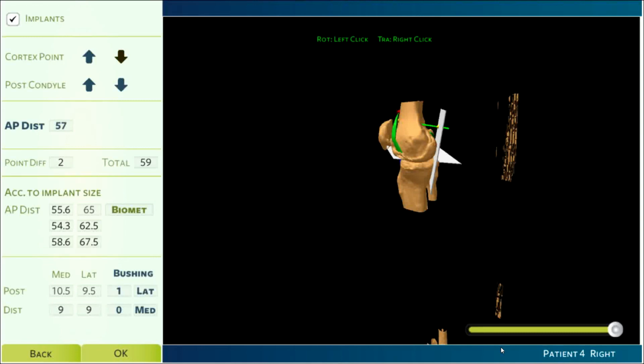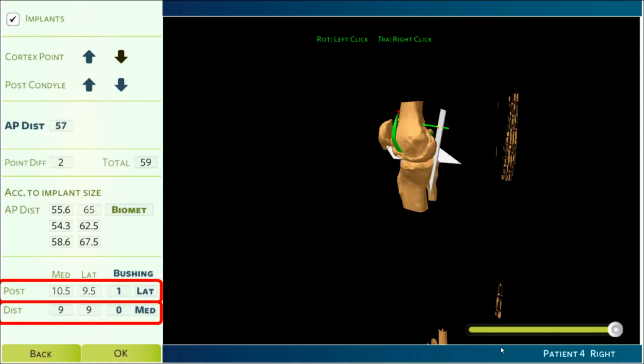The second measurement is the size of the posterior bushing and its placement, that is either on the medial or the lateral side. The box shows the size of the posterior cuts and the thickness of the bushing requirement and its placement. The bushing is placed on the side of the smaller cut, and the thickness of the bushing is the difference between the cuts.